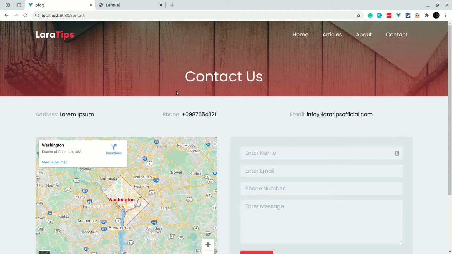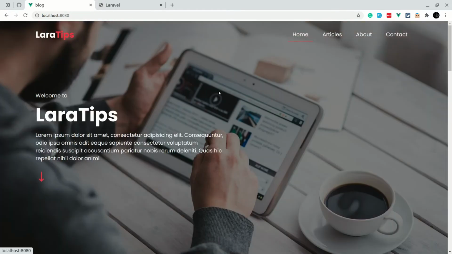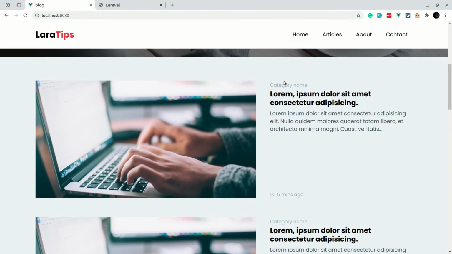In our previous video, we made saving and updating for this contact us page, and we said that we'll be making the CRUD section for these articles. But before that, we need to do a CRUD for these categories, because a category can have many articles. So first of all, we need to do that, and after that, we will be doing the articles CRUD.